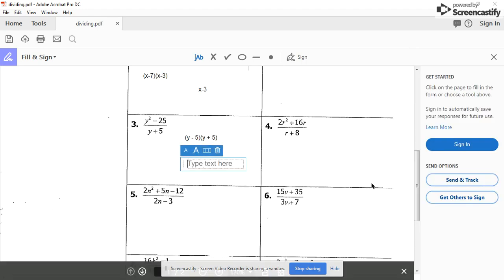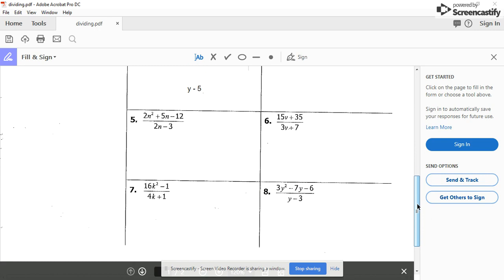So cancel, y minus 5 is our final answer. All right, next one. Okay, trinomial. Leading term is not 1. So we need to make a list of the ways to get 2, which is 1 and 2. And we need to make the list of the ways to get 12, which is 1 and 12. What else? 6 and 2, and 3 and 4. And since this is a -12, we know that one number has to be positive and one has to be